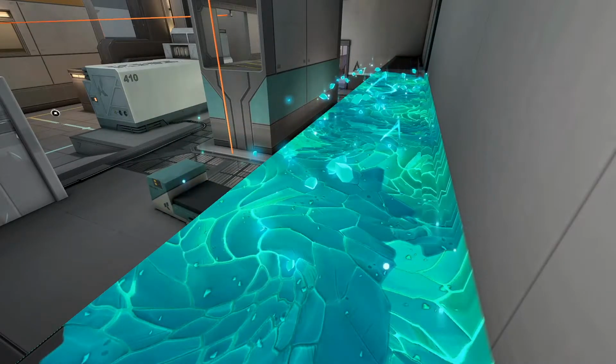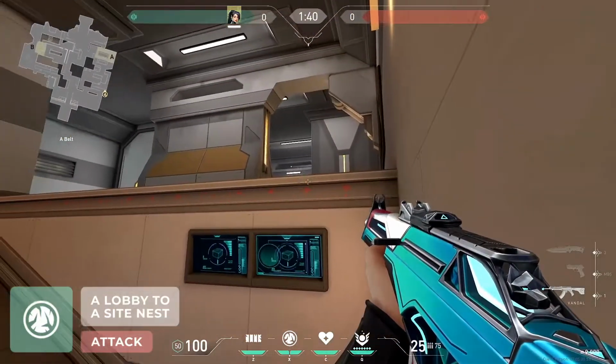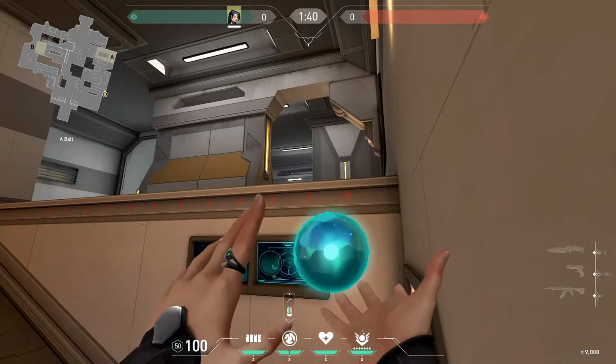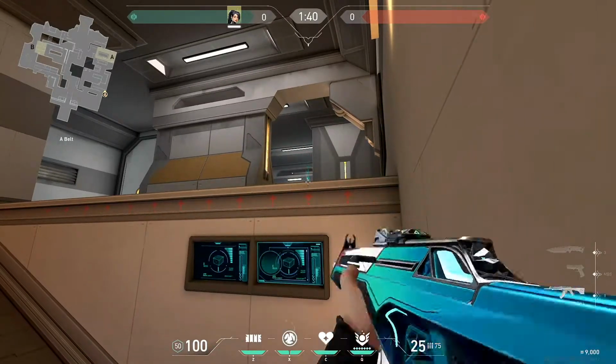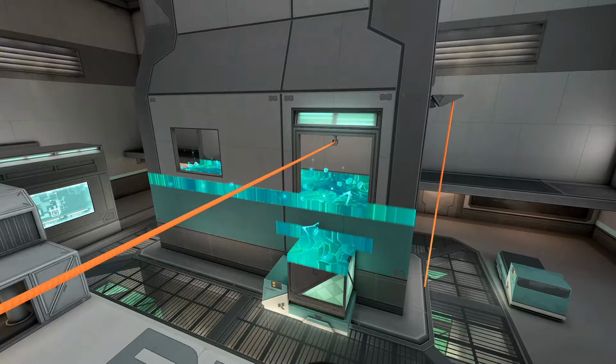angle towards belt. To slow the nest area on A site, stand on top of these boxes. Focus on the tip of the second orange arrow from the right, and move your crosshair up until it touches the top of belt, and throw. This orb covers all of nest, as well as the green box that some people like to use as a